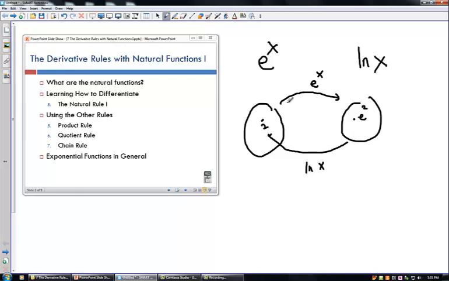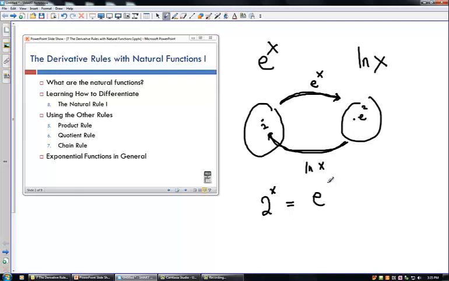One takes you forward, right? So one takes you this way, and the other one will take you back. And we want to learn how to take the derivatives of these things, because if we can take the derivatives of these, then we can take the derivative of any exponential function. So suppose I had 2 to the x, and I want to find its derivative. Well, if I know how to take derivatives of e's and ln's, then I can simply write 2 to the x as